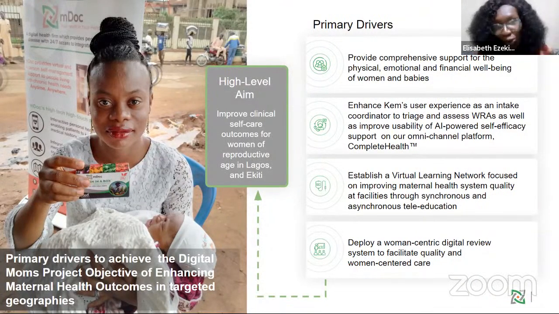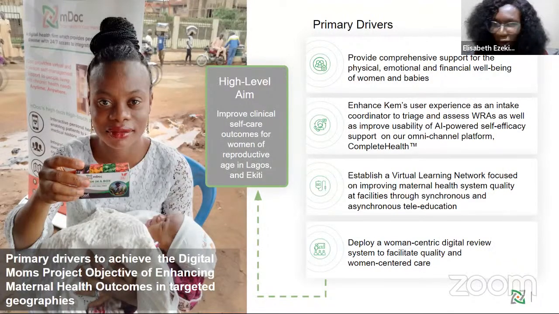Because if we build the women's ability to advocate for their health, and we don't do the same for our healthcare facilities or for our healthcare workers, it will impact the care that they receive. So we're doing this by providing trainings as well asynchronously, so that we're closing training gaps across the clinical front, quality improvements in the healthcare delivery, also even in digital technologies. And lastly, we're amplifying the voices of the women so that they are able to give